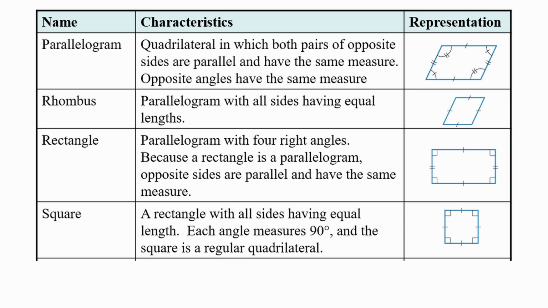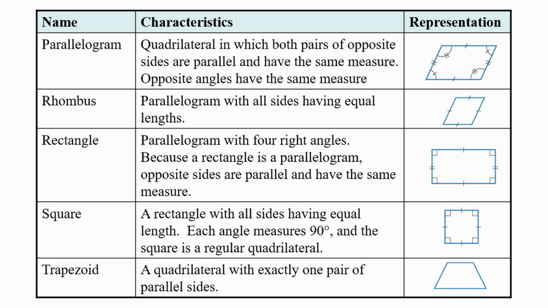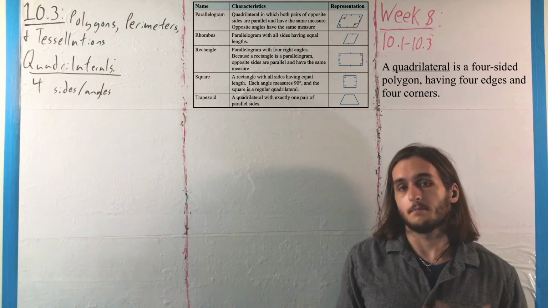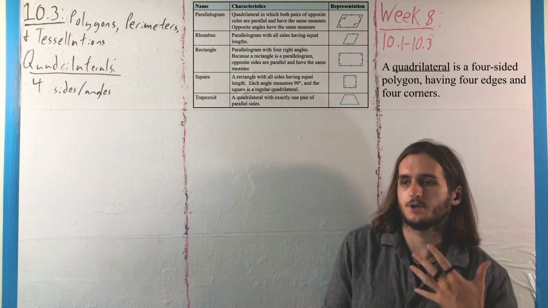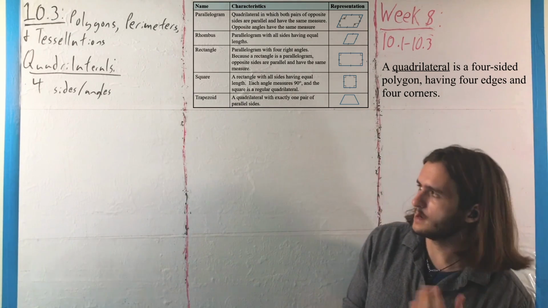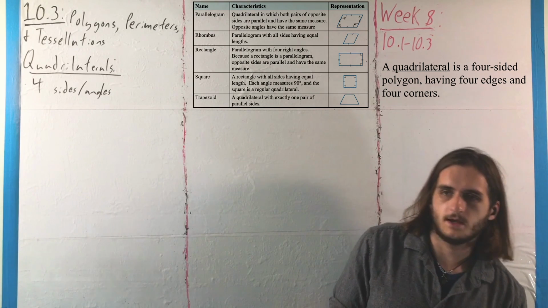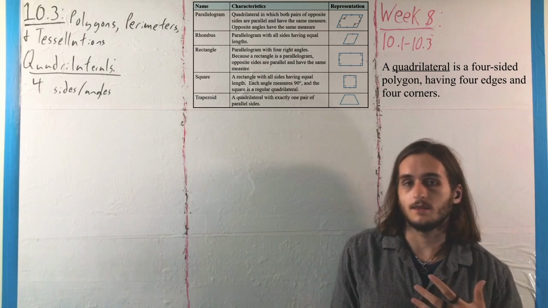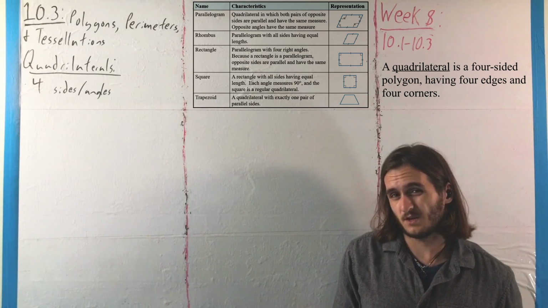And then we have one other variety, the trapezoid, which is a quadrilateral with exactly one pair of parallel sides. And these aren't necessarily all of the quadrilaterals that can possibly be. There are other combinations, other arrangements we can have, but these are the main ones we'll see here, where for now we're going to get a quick application for how we can look at the perimeter of,